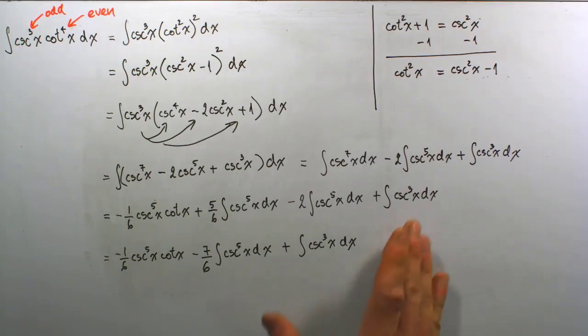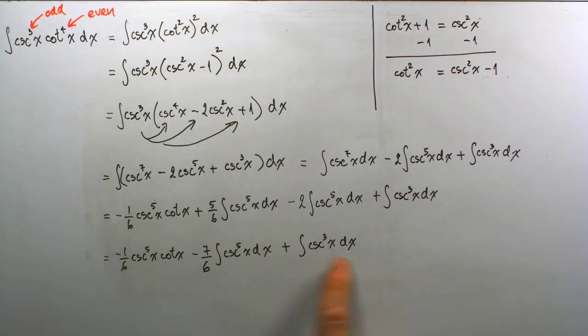All right, so at this point right here, I have two integrals left unfinished. Again, these are still simply just integrals where it involves only the powers of the cosecant. So I'm going to choose to start out with the higher power over here. So I am going to apply the reduction formula again, but for this power 5